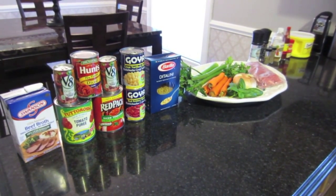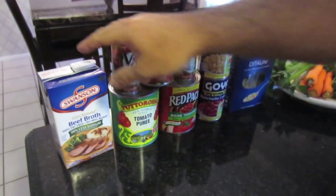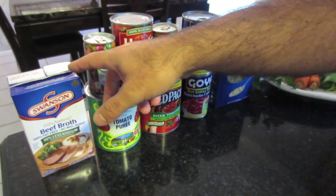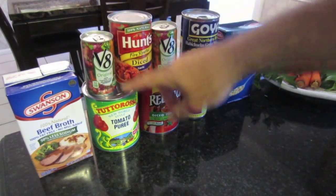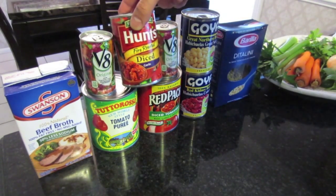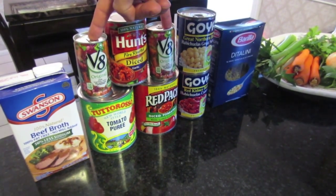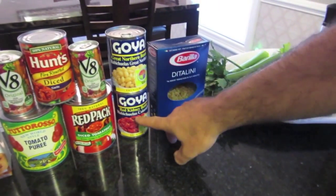Okay, let's go through the ingredients. There's quite a few, but all we really do is we cook the meat and then throw everything together, and that's it. So it's an easy one in terms of preparation. We have beef broth, tomato puree, diced tomatoes, fire roasted tomatoes, V8. We could do one large can or the two smaller cans. Northern beans and kidney beans,